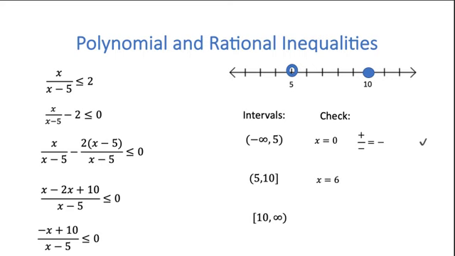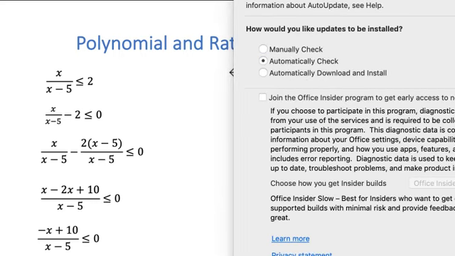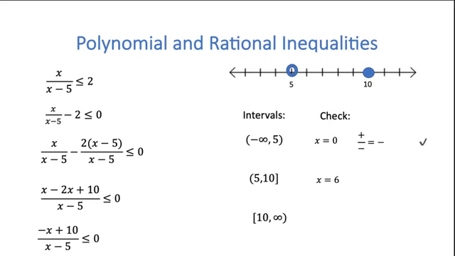Now I'm going to plug in a number between 5 and 10, like 6. When I plug in 6, I end up with a positive over a positive. And a positive over a positive is positive, and a positive number is not less than 0. So that does not work. And then I'm going to plug in a number between 10 and infinity, like 11. When I plug in 11, I get a negative number over a positive number, and that ends up being negative,